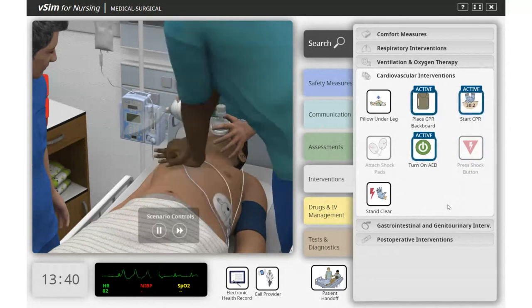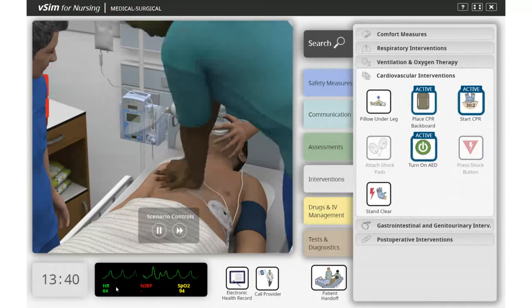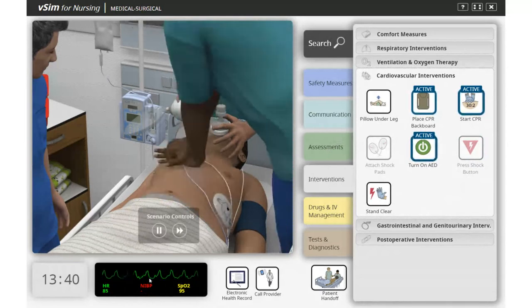1, 2, 3, 4, 5, 6, 7, 8, 9, 10, 11. And then 12, you guys will note down here that we have a heart rate, we've got an oxygen reading, and we have a better rhythm. So we're gonna